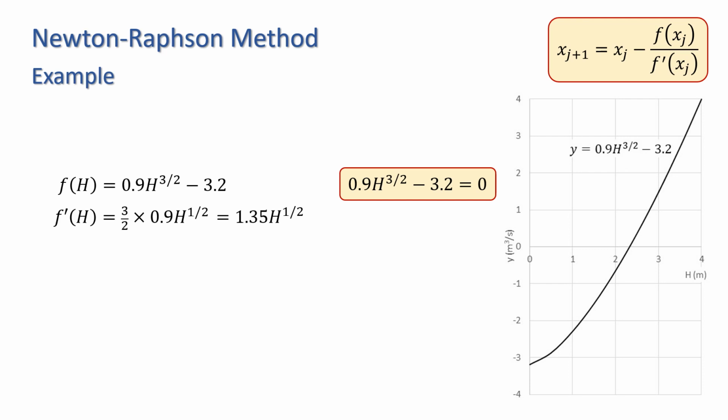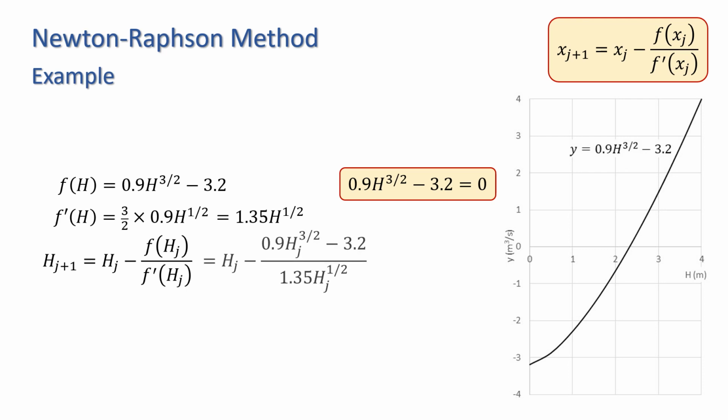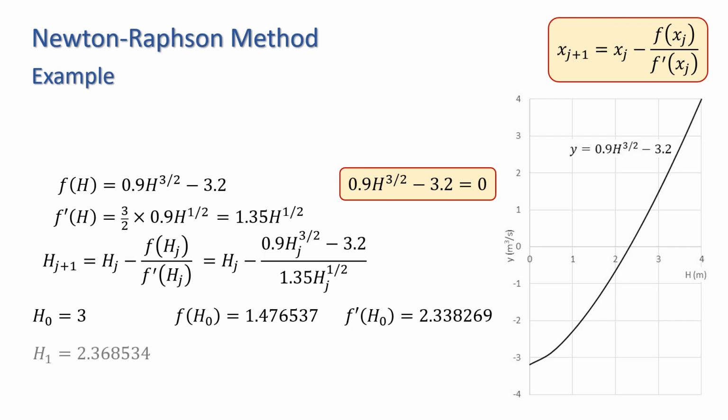The Newton-Raphson update formula in this case is hj plus 1 equals hj minus f of hj over f' of hj, which is hj minus 0.9 hj to the 3 over 2 minus 3.2 over 1.35 hj to the half. Taking h0 to be 3, we get these values for f of h0 and f' of h0. Applying the Newton-Raphson formula gives h1 equals